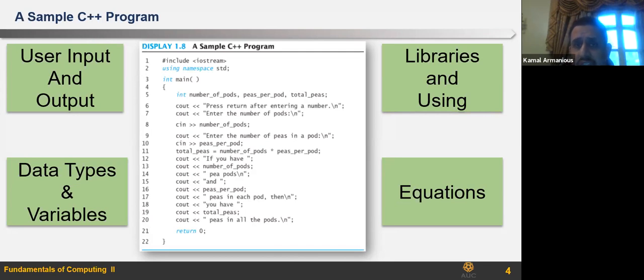One of them is iostream. A library basically has some functionality to ease your life when building new applications.